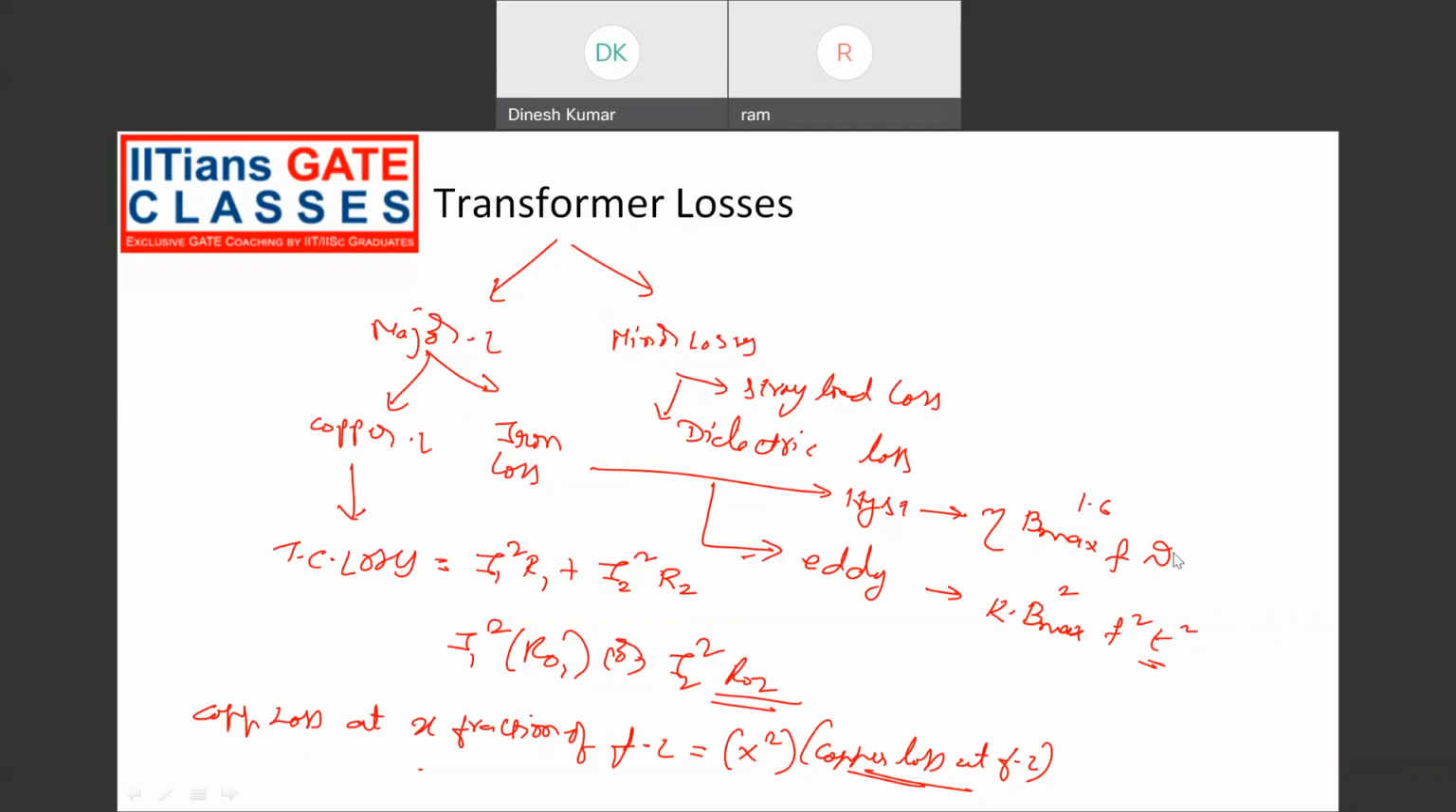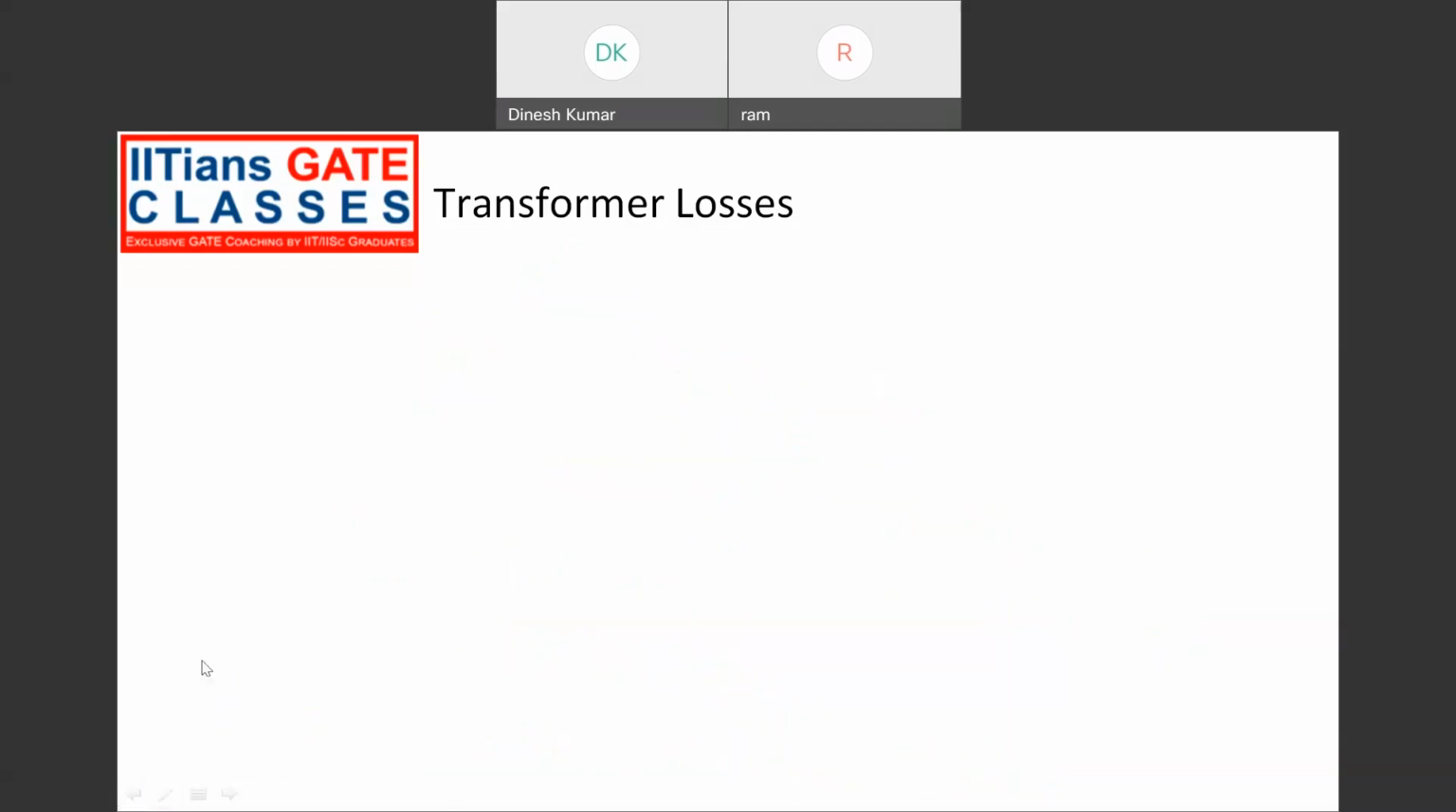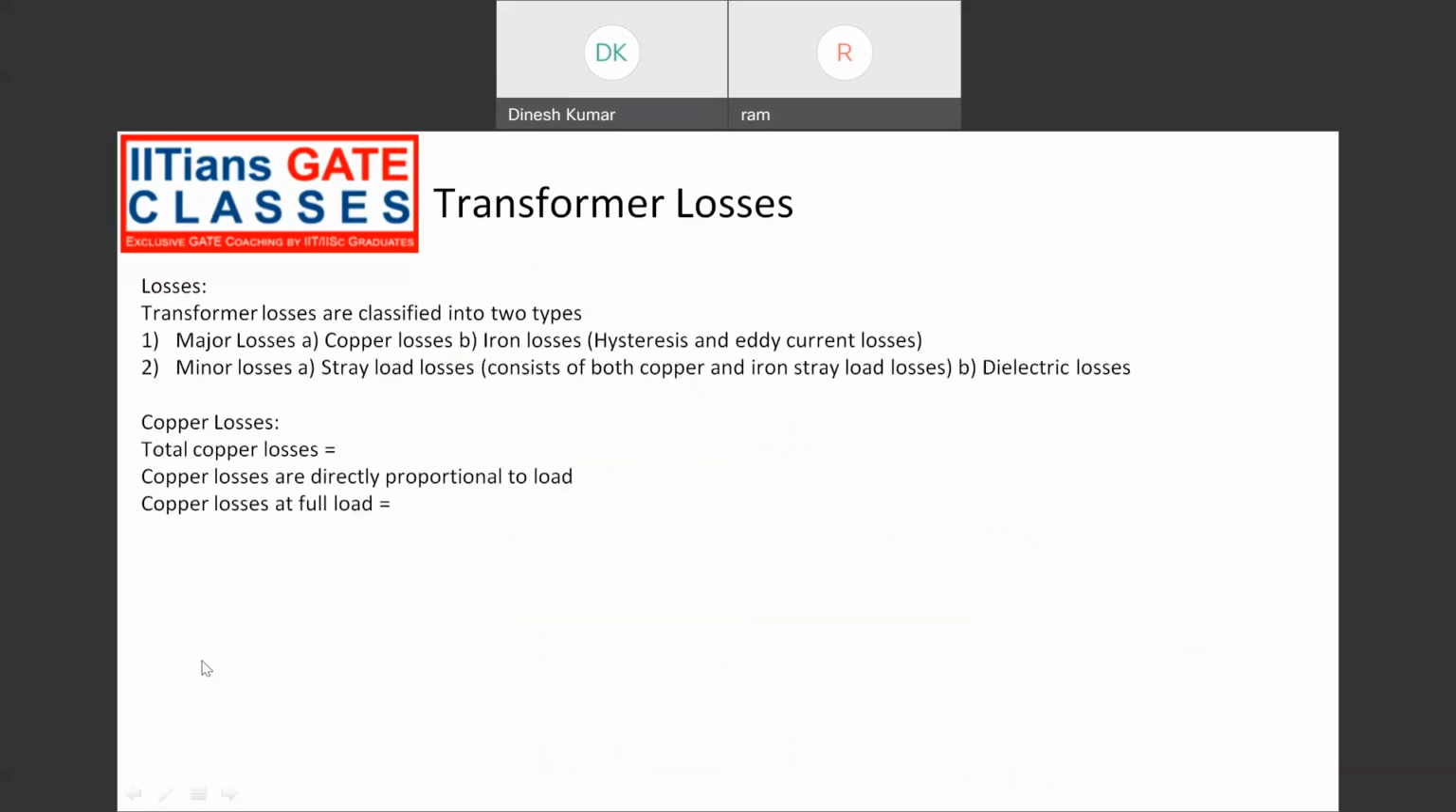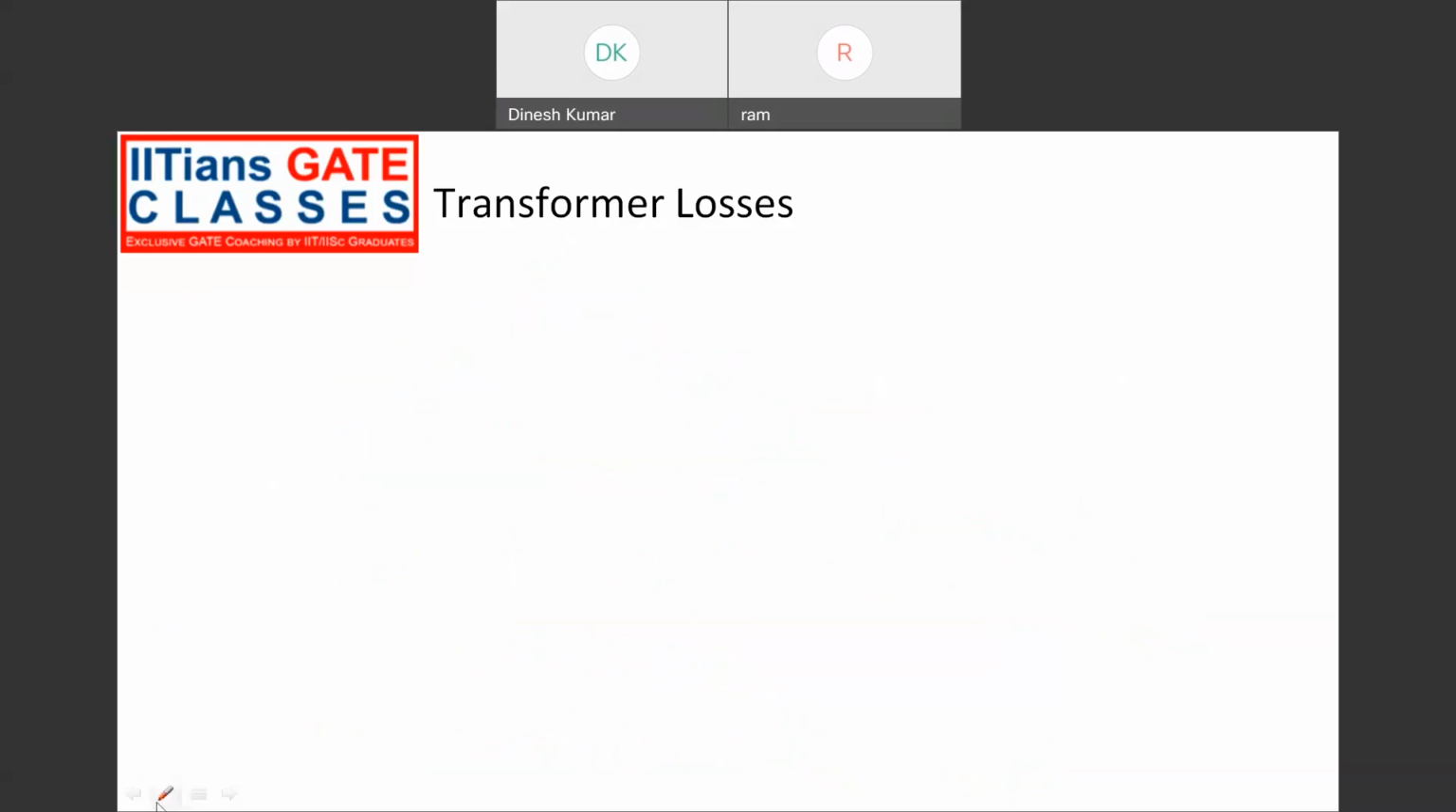So let's go to the next slide. So this is what we have discussed in the earlier slide. We have seen that the hysteresis losses WH is proportional to B max to the power 1.6 into F. So now, in a transformer, if the ratio of V by F is constant, which means B max is constant,